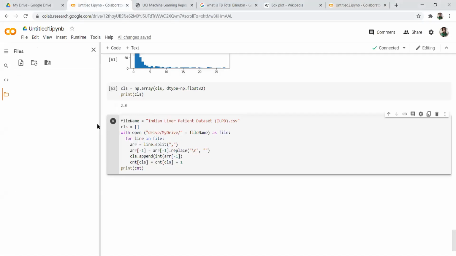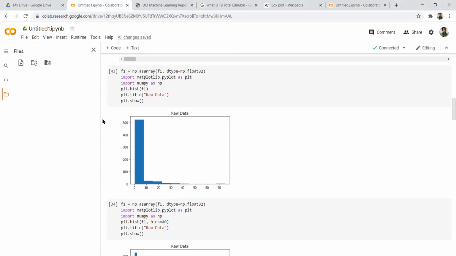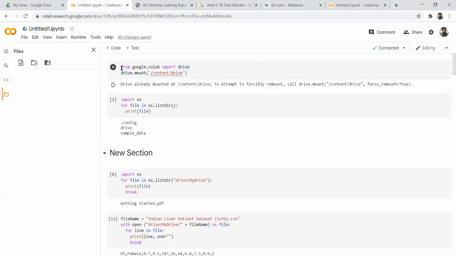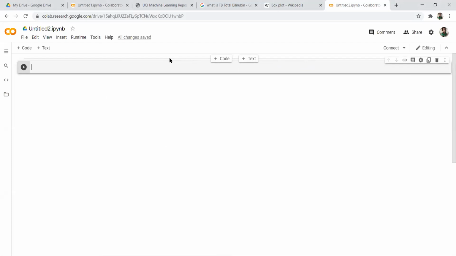So here, okay, I already tried something. I'm copy pasting a few lines of code, and I'll explain those lines also, just to save time because we don't have much time remaining in this session. So first, from google.colab, we import drive. So why do we import drive?